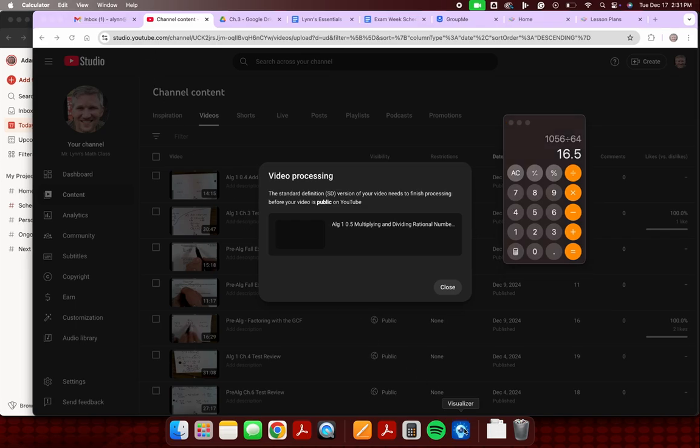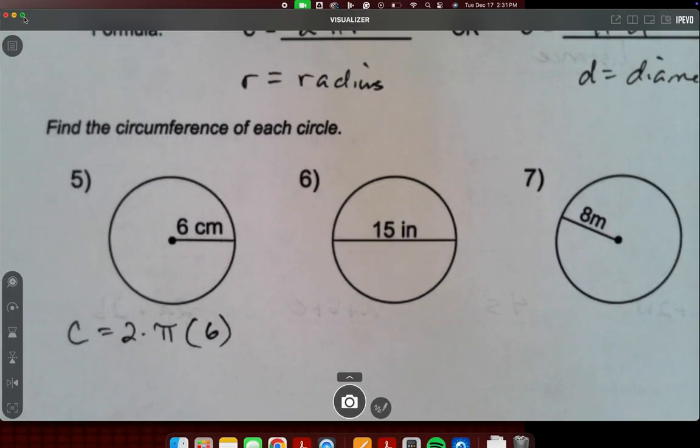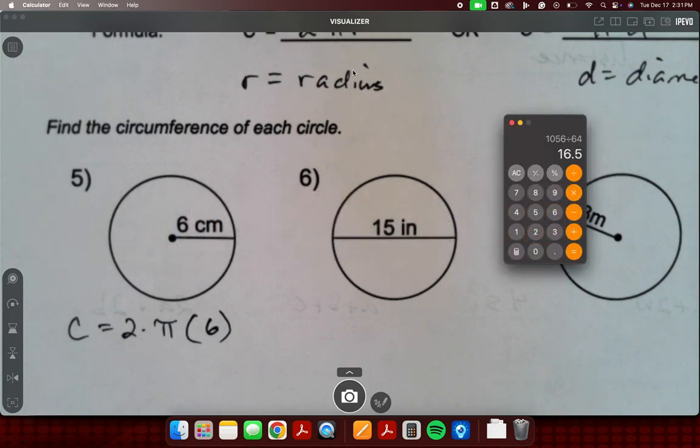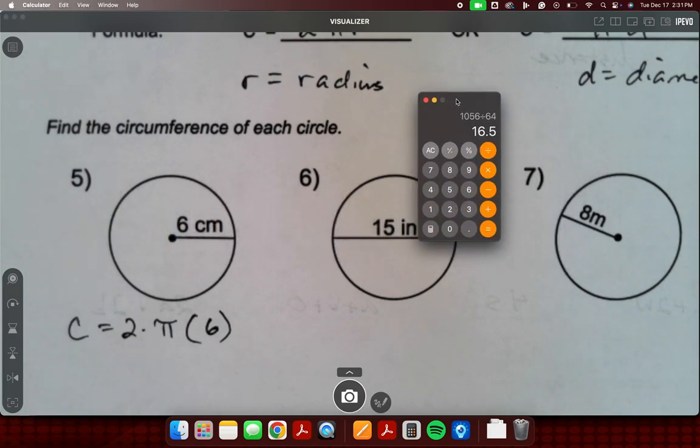One second, I'll make it so they show at the same time. There we go. Now your calculator may have a pi button, so that's great, just use that. But 2 times 3.14 times 6 is what I'll use on this calculator. So we get